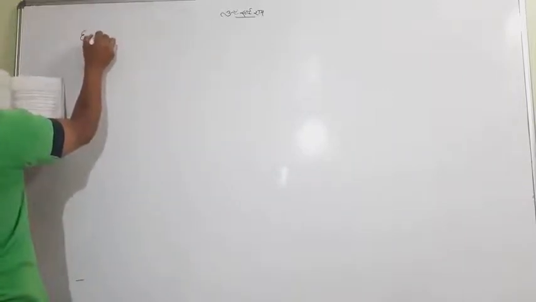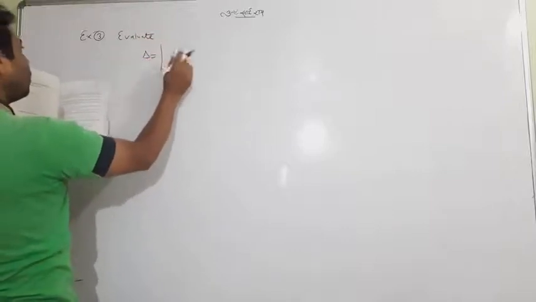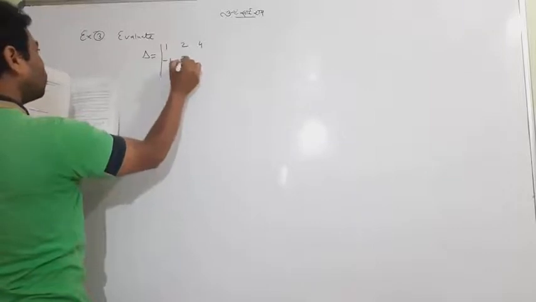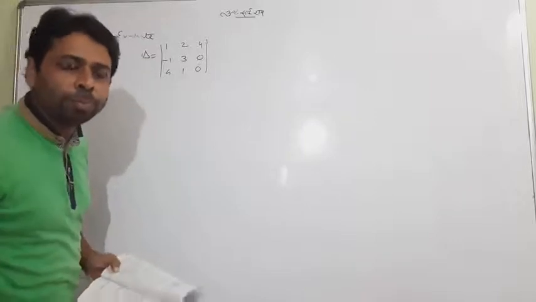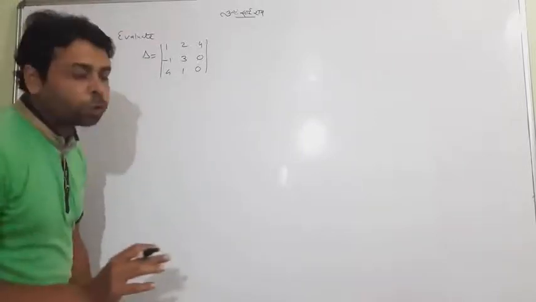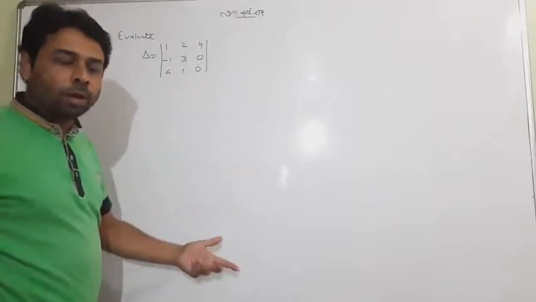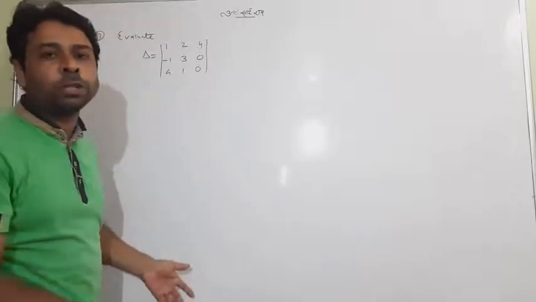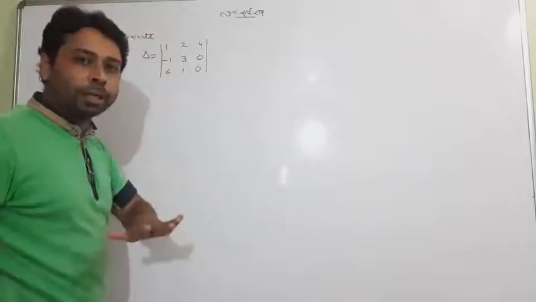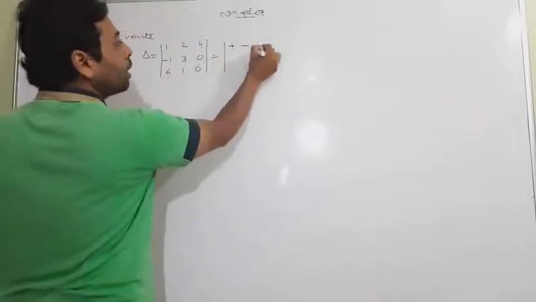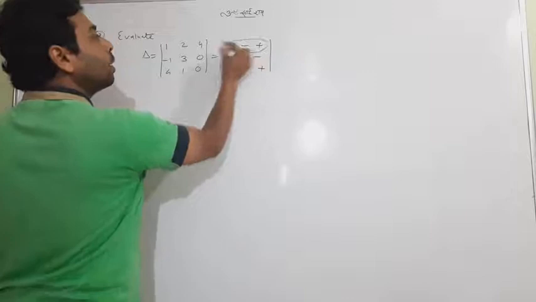It is written as example number 3. Only evaluate the determinant, the value of the determinant 1, 2, 4, minus 1, 3, 0. And it is not specified anywhere along what you have to find the value, meaning you are independent. So I would suggest you one thing. Whenever it is not stated anywhere that you have to expand along R1 or R2, with the help of cofactor or minor, always use along R1, always with the help of minor. Meaning you go with the sign plus minus plus and not further.